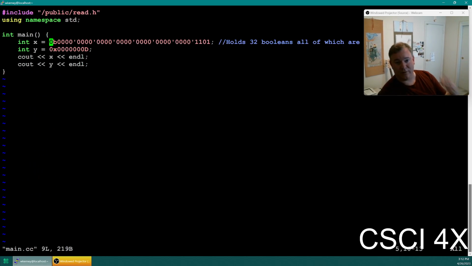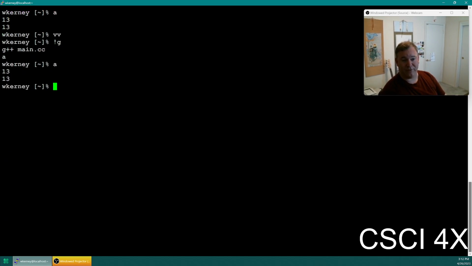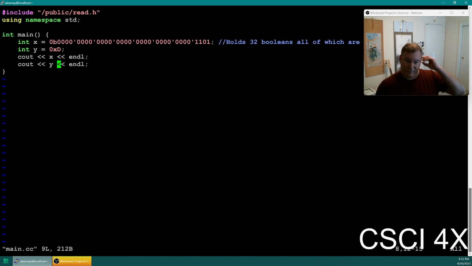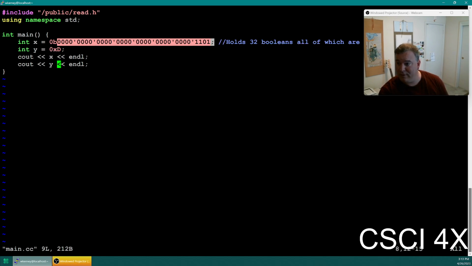Now, all of these leading zeros can be dropped, so I can actually just do this if I wanted, and it's still 13. Okay. So, do you guys see how this integer here is like an array of 32 booleans, 32 trues and falses? Does that kind of make sense to you? And so the way that we grab individual bits and set individual bits is using what are called bitwise operators. And you might have seen these before, especially if you were making a mistake. And you did something like, let's output x